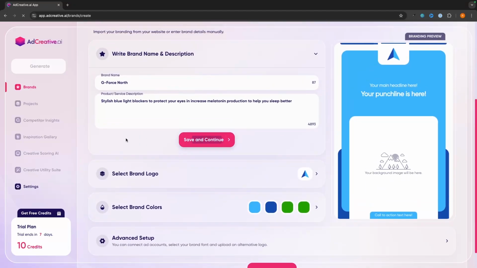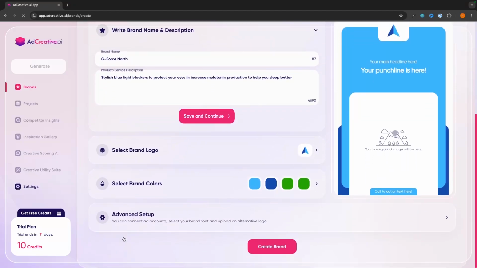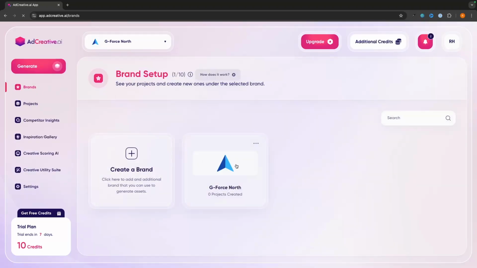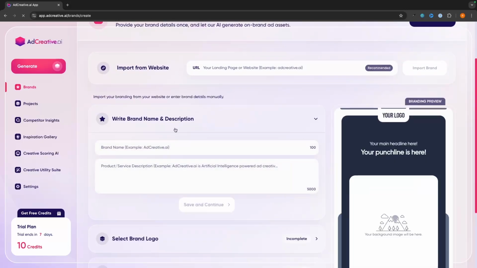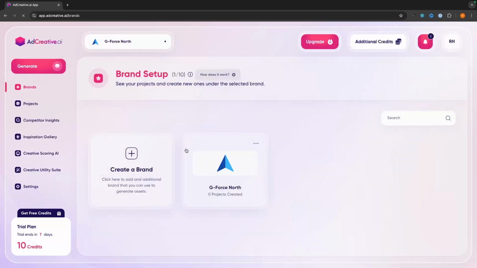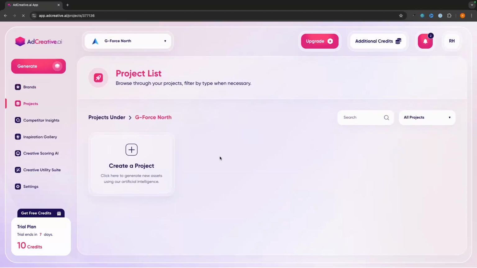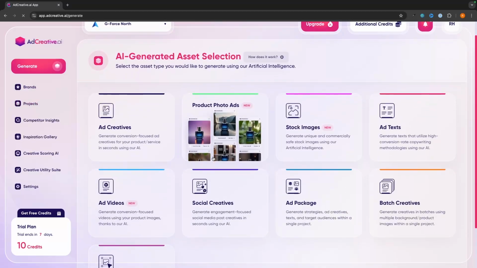So we essentially just fill this in, we can add a brand logo, add the brand colors, and then we create the brand. But just to go back, you can see I have one brand created right here. Then I can go through and create another brand, add the logo, add a quick description about this. And then within this brand, this is where we can get access to all of the tools inside of Ad